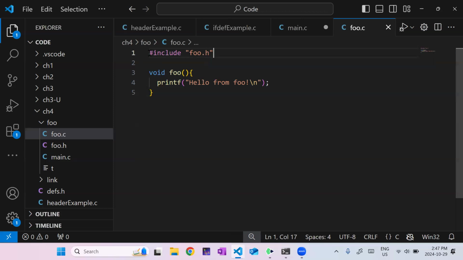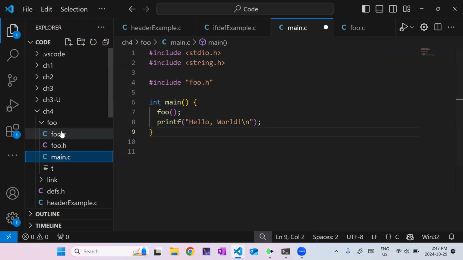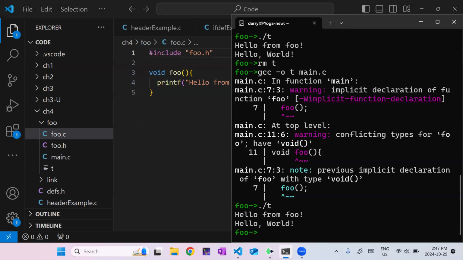So now I've broken down my program across multiple files, but I still want to run this as if it's one file. So what I'm going to do is the following. My foo, if I look at this, it's going to go to foo.h, right? If I try and compile this into object code, say I do something like gcc -c for object, foo.c.